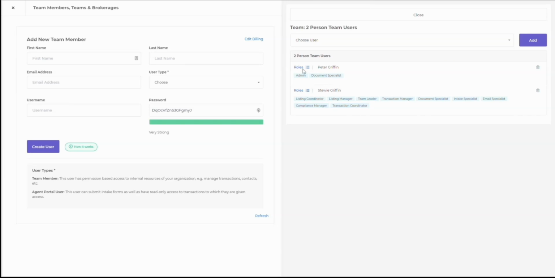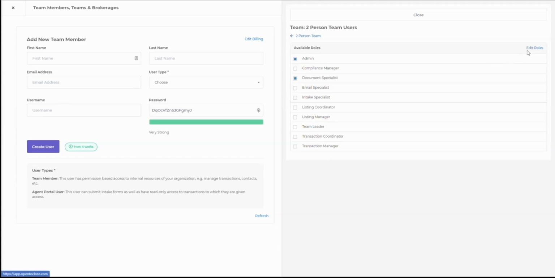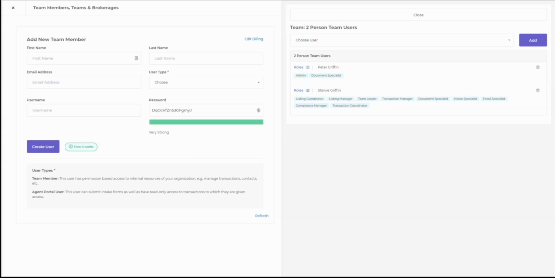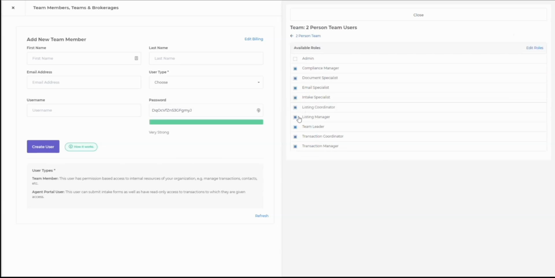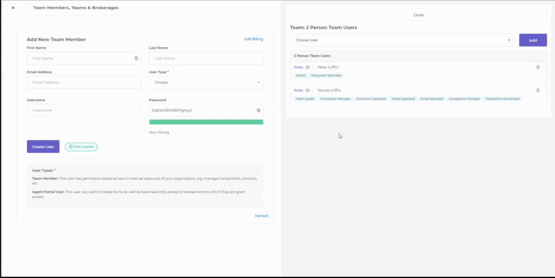So what I tell people is when you're setting this up, set the roles up, and you can edit these roles however you want for your business, whatever your names are for your positions. But I tell people try to think about 10 years out, because when you set up the system, and say you set up a task and say the email specialist is responsible for that task, well, you may not have an email specialist right now. Right now, Stewie's in charge of all these different roles. But if you hire someone to take care of maybe listing coordination and listing management, you can come in here, very easily uncheck those buttons, assign it to the new person you hire,